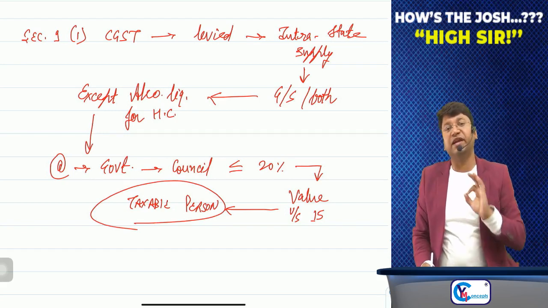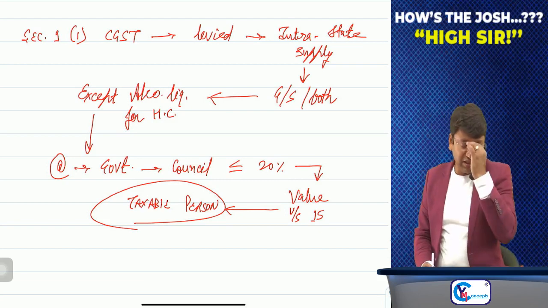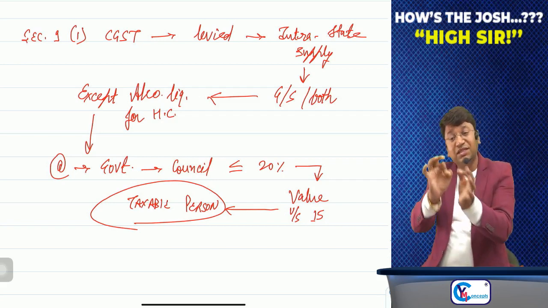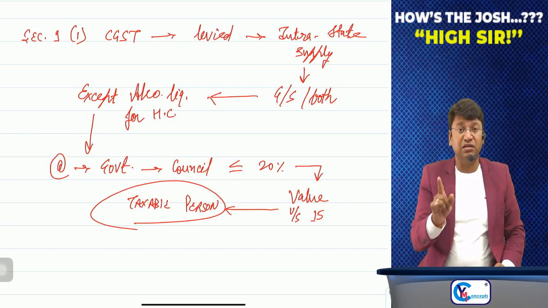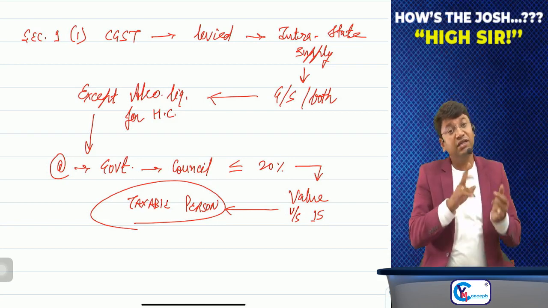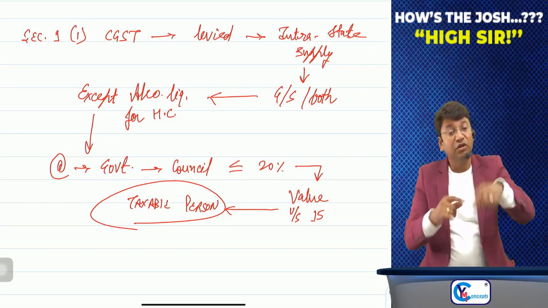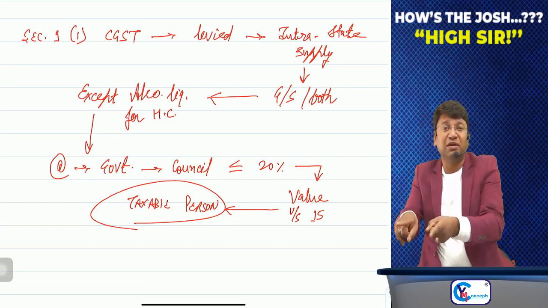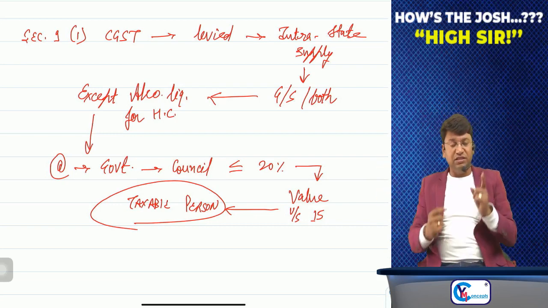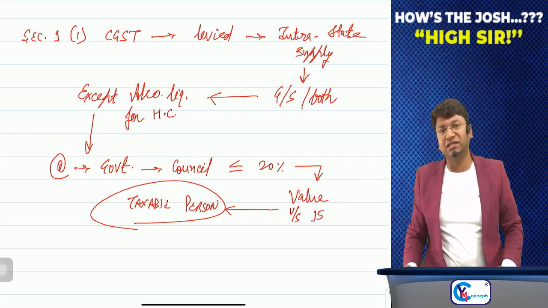And the definition of taxable person is very interesting. Taxable person means a person who is registered under GST or is liable to be registered under GST. Sir, listen to me again. Taxable person means a person who is registered under GST or is liable to be registered under GST. Means a person who is not liable for registration, but if he has taken voluntary registration under GST, then also he is a registered person and he is a taxable person. Second thing, a person who is liable for registration but has not opted for registration, that person is also a taxable person. Although he has not taken the registration, but he is liable for registration, so GST will be charged on the supplies made by such person, whether he is registered or not.